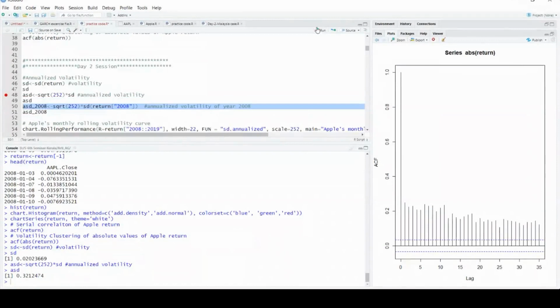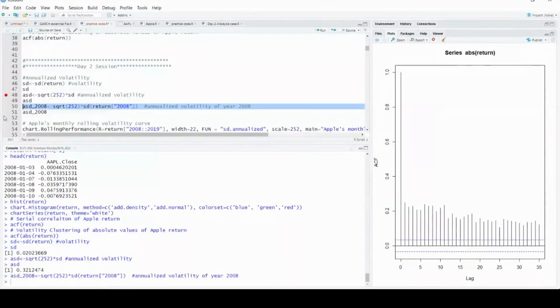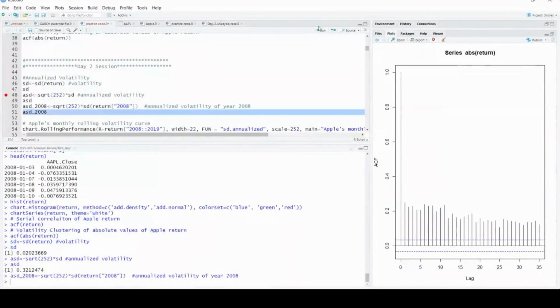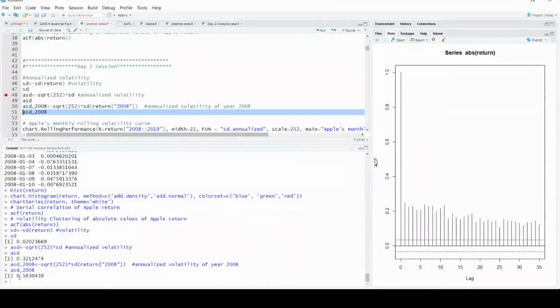This gives me the 2008 annual volatility, and it is 58%. You can see in the graph also that near 2008-2009 we have a highly volatile series. So the annualized volatility is nearly 58%, right?